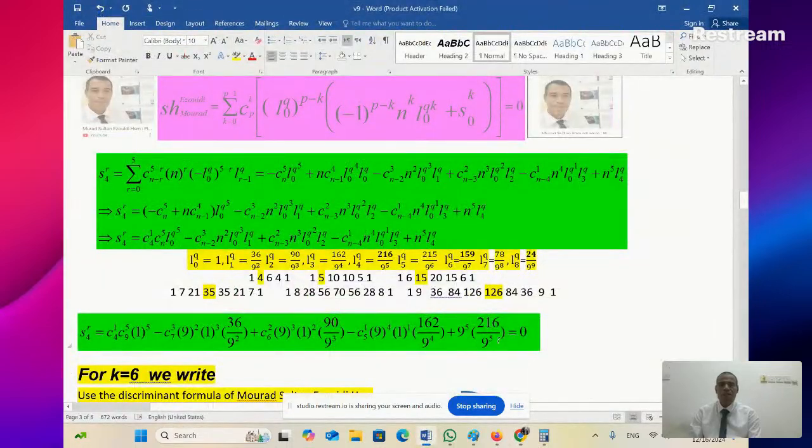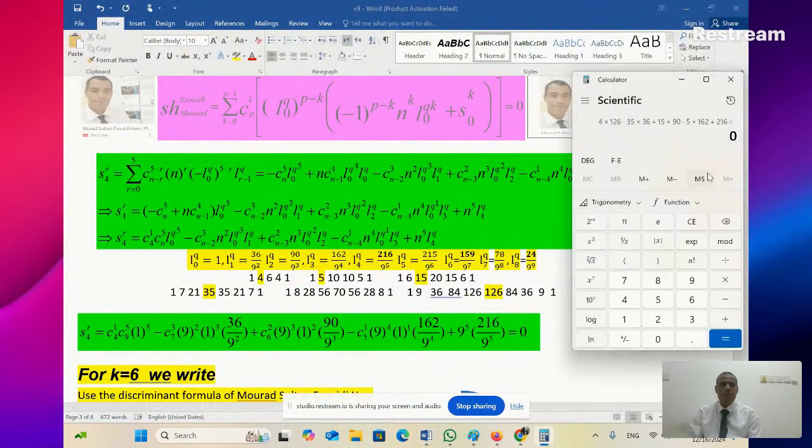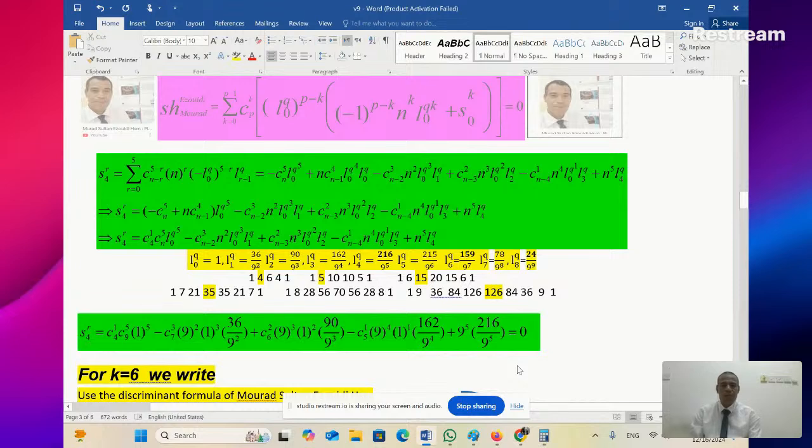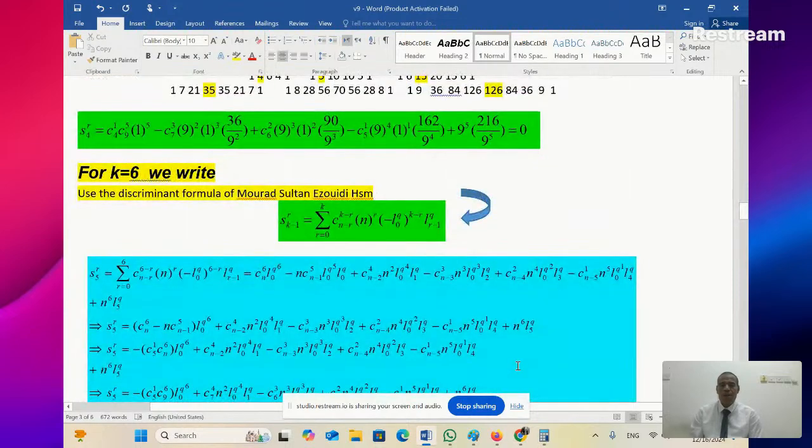We said that this one is equal to 0. We calculated it, okay, it is going to be 0. Now we continue. Thank you for those who are joining the lecture because this topic is very difficult, especially since we are exposing a new theorem of Mr. Murad Sultan Ezouidi, and this theorem is now applicable and well known for solving